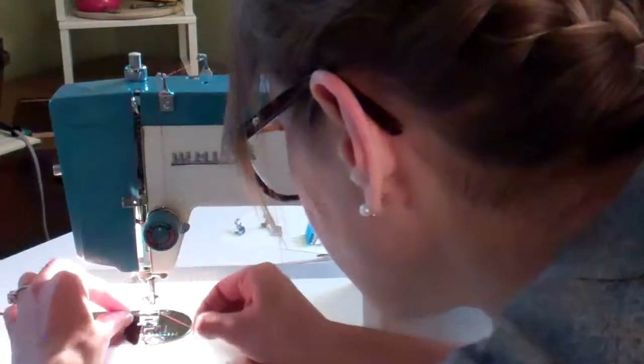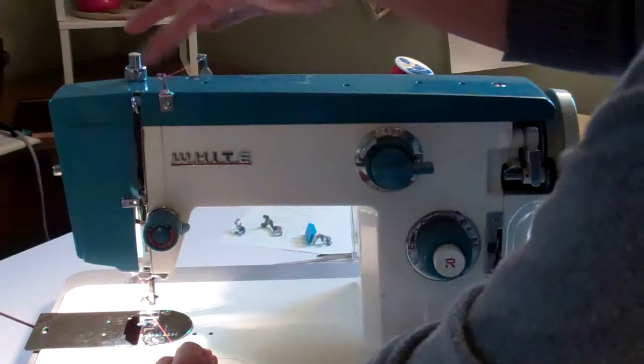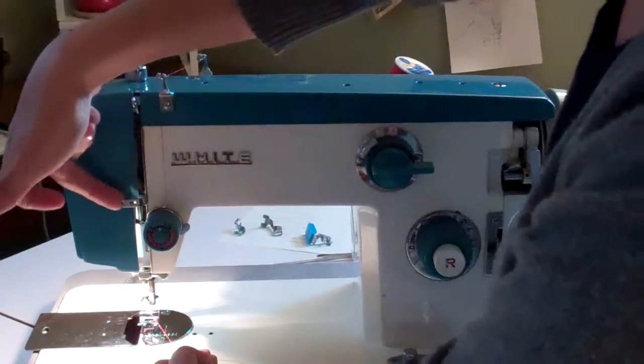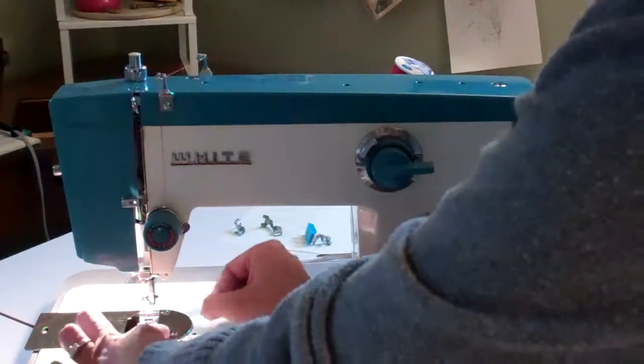My eyes are not what they used to be, but woohoo, I got it on the first try. Okay, so again, spool, back catch, front catch, down and around the tension rod, up through the arm, through the first hook, second hook, third hook next to the needle, through the needle,